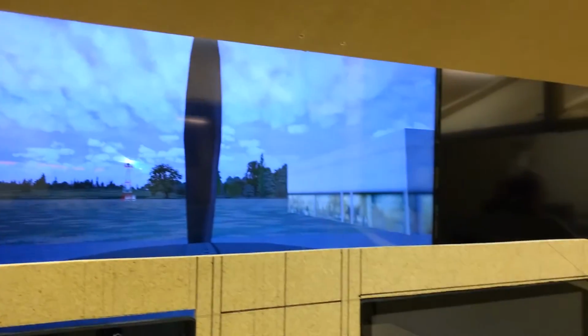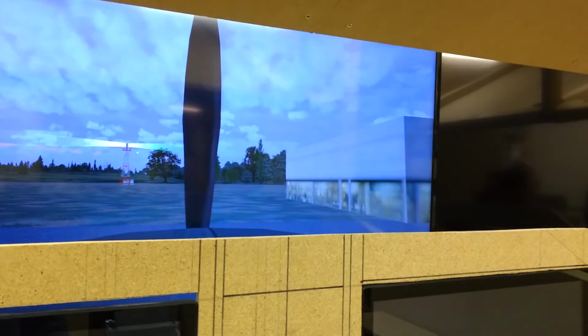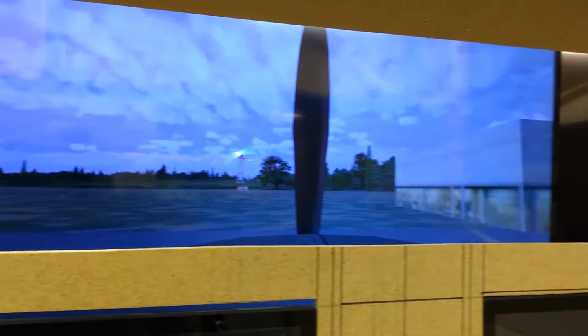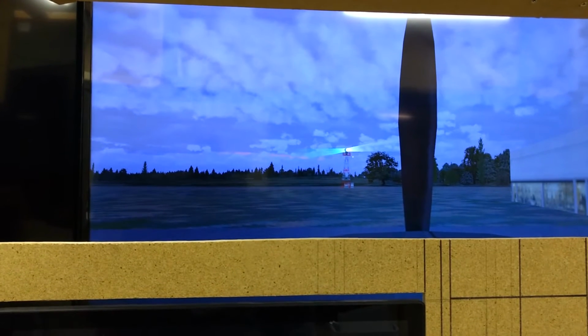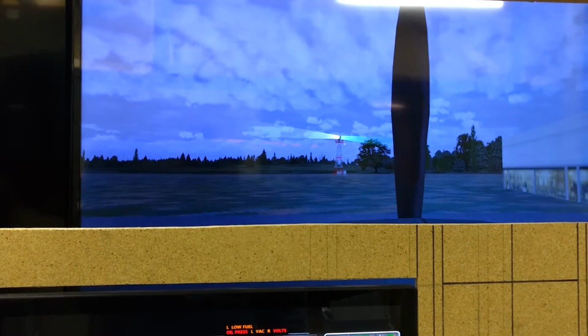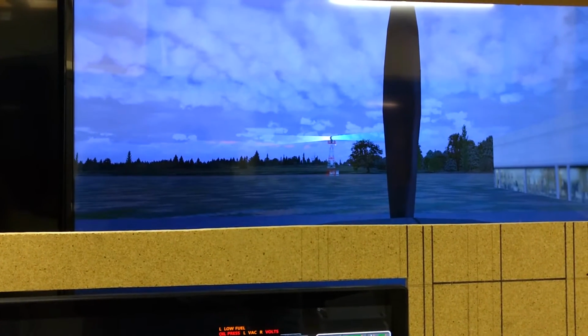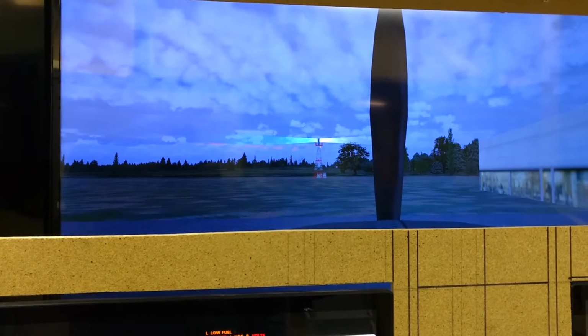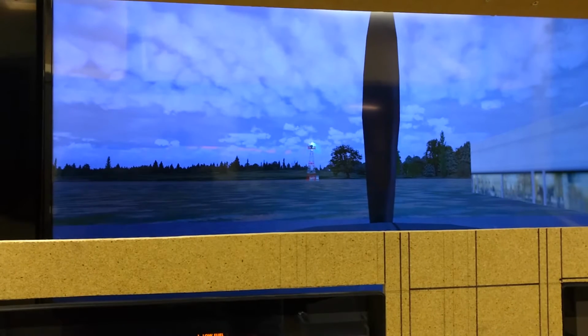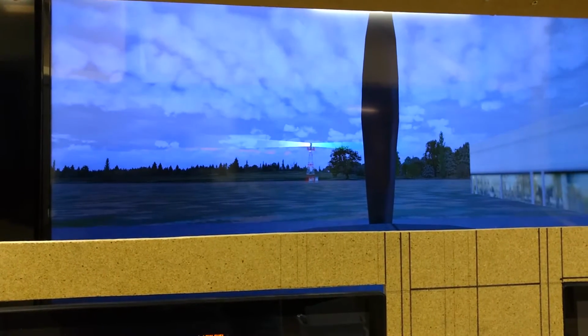I am still, as I've noted before, using FSX. I'm not using FSX Steam Edition, nor am I using Prepared 3D. However, I'm getting more and more frustrated with the flight sim because it is constantly getting fatal errors and crashing to desktop on these, so I'm not sure what that's all